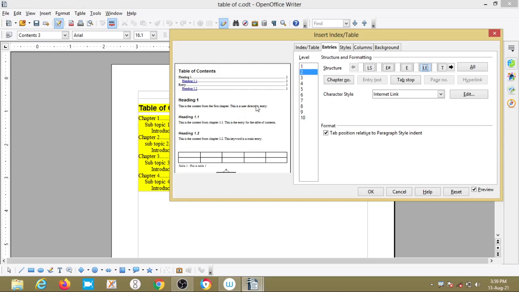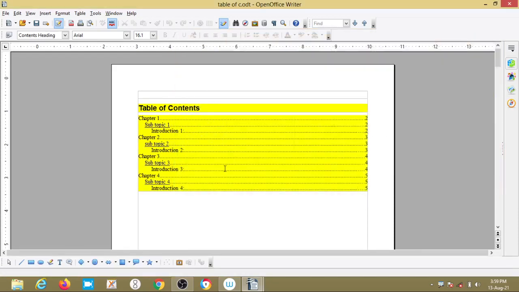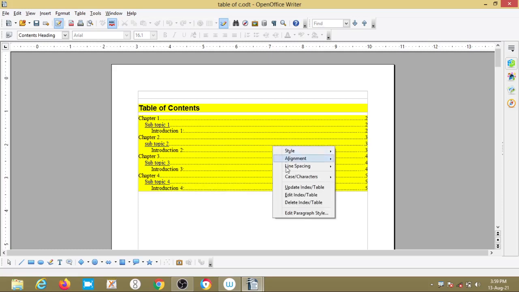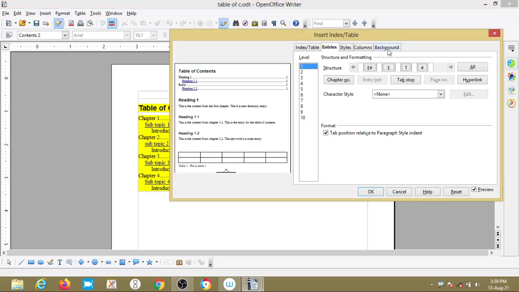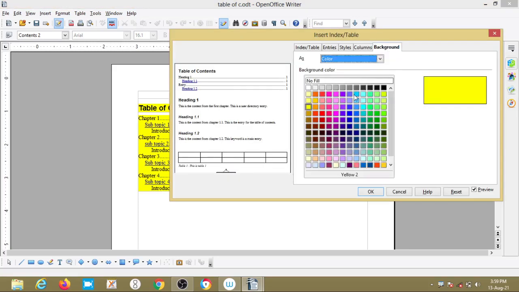So what will happen, okay, interlink styles, these are the hyperlink buttons. Click on this. See here, subtopic underline, subtopic underline, subtopic underline. Wait, I will change this color, then it will show clearly.